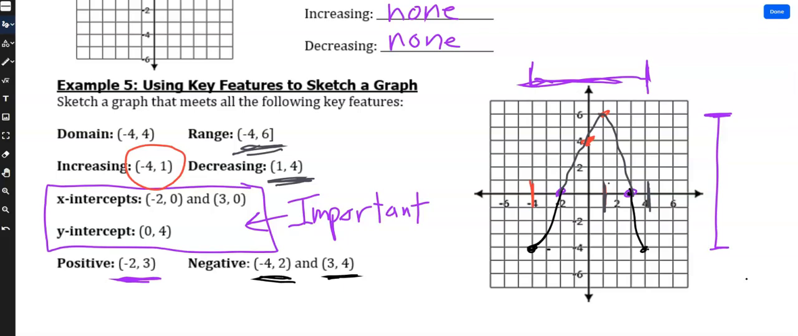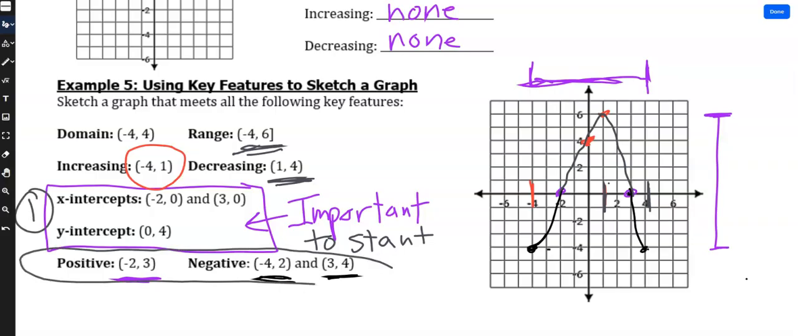So important that you start here. This is where I would start. Second, I would go to here. But then third, I have to think about increasing, decreasing. Now, I guess maybe I did at the very beginning put down my domain and range on the side. That kind of helped me. So maybe I should back up and say